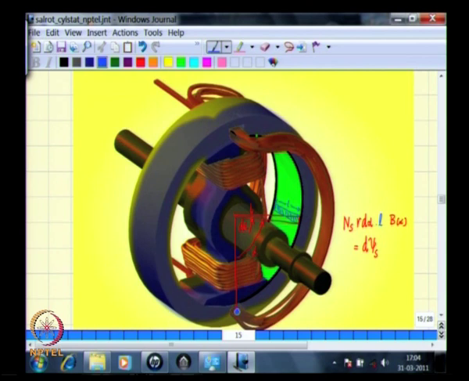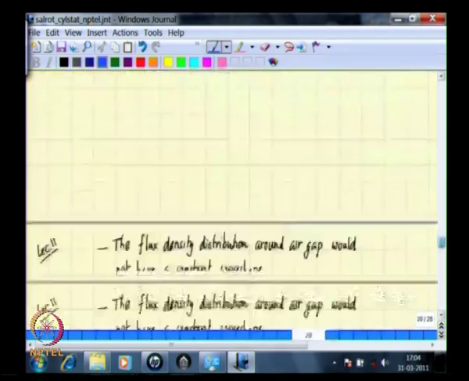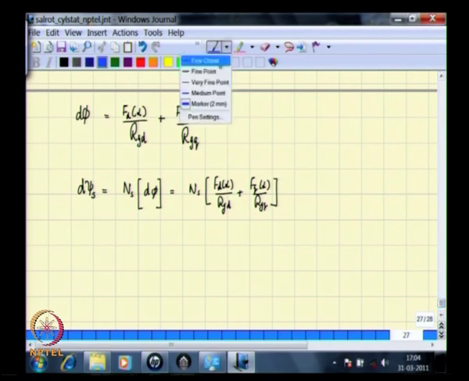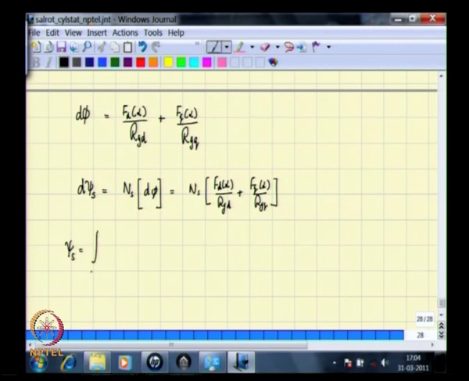In order to find out the total flux passing through this area and therefore linking this coil, we have to integrate from alpha equal to 0 to alpha equal to pi, and that is exactly what we need to do next. In order to find out the total flux linkage psi s, that is nothing but the integral from 0 to pi of d psi s, which is Ns multiplied by the integral 0 to pi